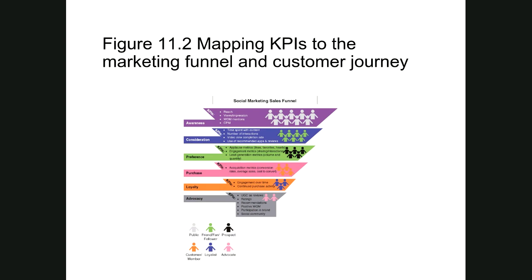Then you move down, did they spend time with the content? So it reached them, and then they spent a little time with it. That's better. Now we're getting somewhere. They watched the video all the way to the end. They didn't abandon it. Right? We can measure that. And that would move them down to preference. From the classic consumer purchase model, we call that getting into a consideration set. They've put your firm in a consideration set of 2, 3, or 4, from which, let's say there's 50 total in the universe. They've cut it down to 4, and now we might be there.